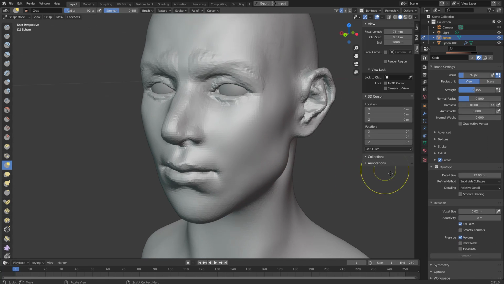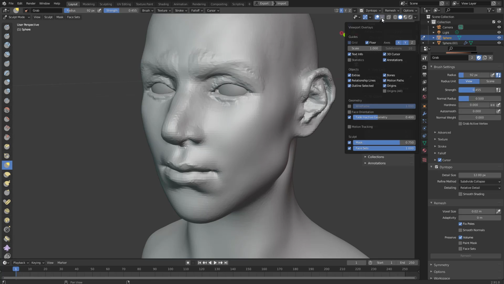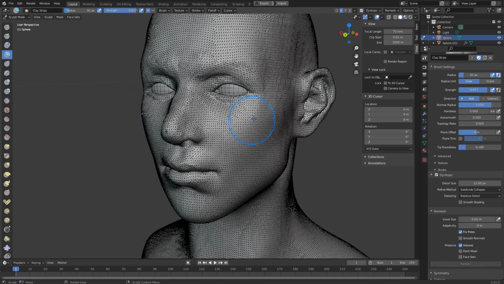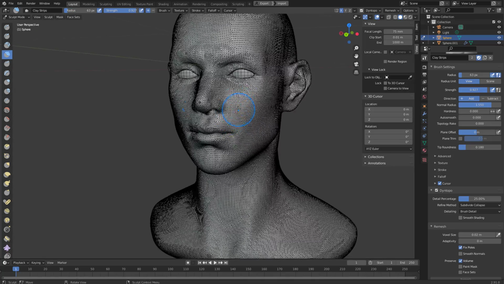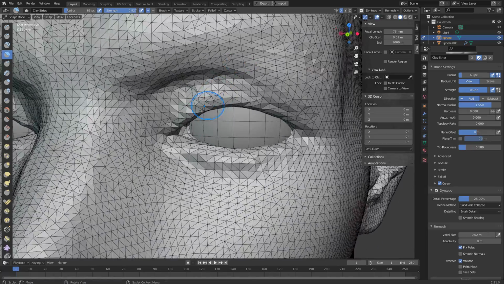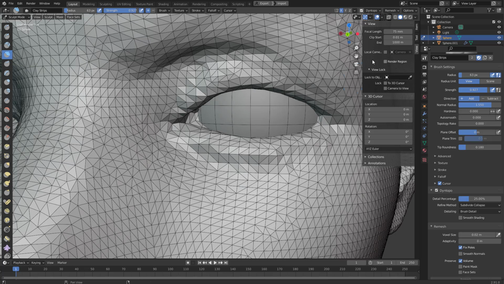So this refine method is subdivide collapse. So let's toggle on the wireframe so we can see what it does. Using this, you can see it's based on the brush size, I believe. No, it's based on the value here, which is, I don't know. Let's use the brush detail, right? I will use the brush size to determine the detail. So if the brush is smaller, I'm getting smaller details. Okay. So now what I can do is really jump in and start to think about adding more details